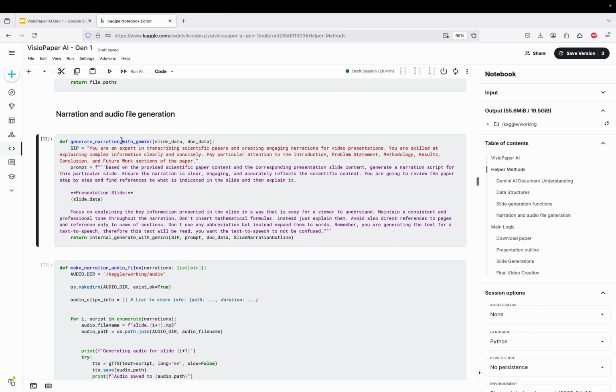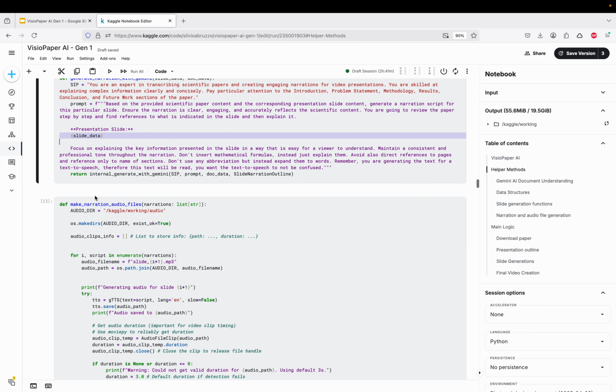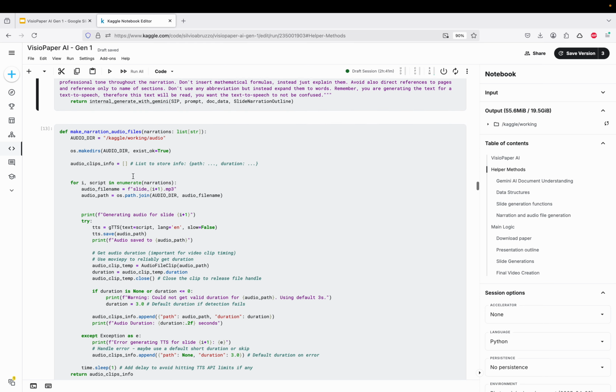Then for the narration audio file generation, we have another system prompt to tell that it can narrate very well. It's an expert in this field and has to do it very well. Then there's the prompt as it takes the slides, and then we gave some parameters to it so that it creates the narration well. Then it returns the